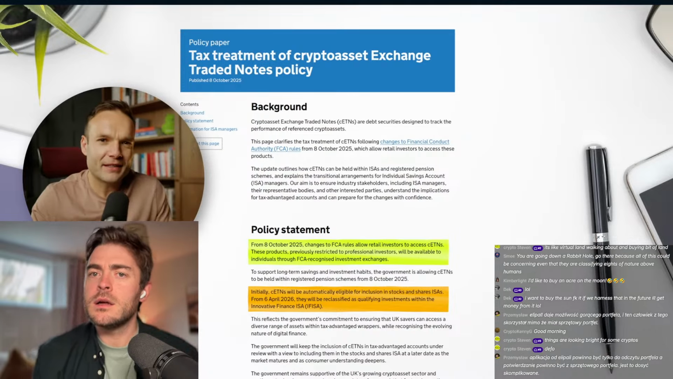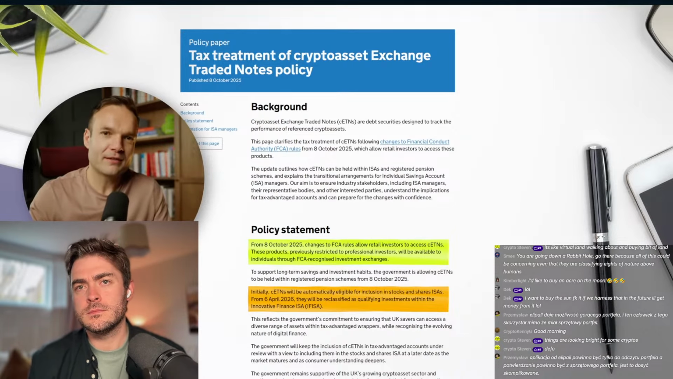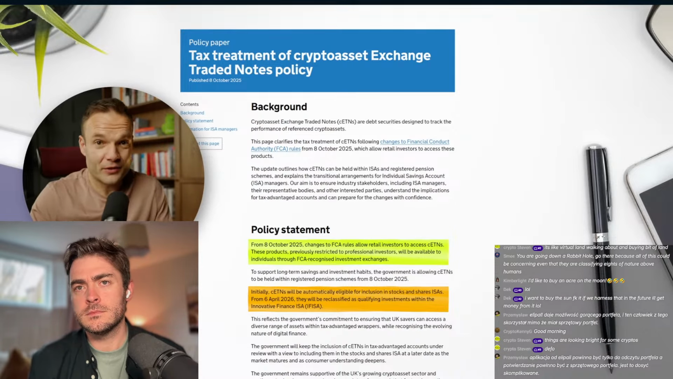So basically, from now until the new financial year, we're good to invest into crypto ETNs and put them inside of accounts like the Stocks and Shares ISA. However, as soon as April 6, 2026 rolls around, we won't be able to make any new purchases unless we have and use the Innovative Finance ISA, which is another type of account that very few people use, let alone